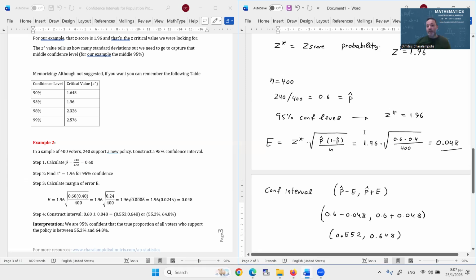With a quick interpretation, we can interpret it that there is a